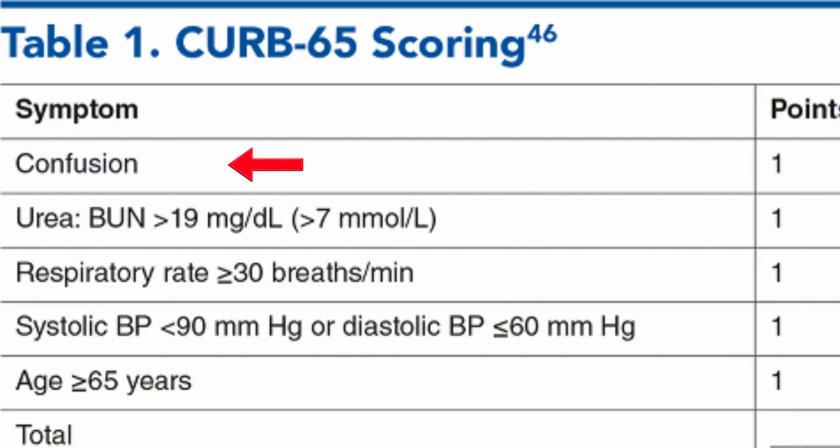As you can see, confusion is the first criterion of this score, as this is a symptom that tends to worsen with the severity of pneumonia. And it is also something that can be expected in the presence of intense immune activity or severe infections. The blood loss and the pain caused by the parasites very likely also contributes significantly to the victim's altered state